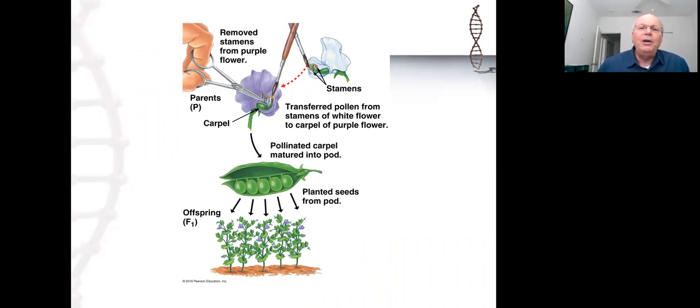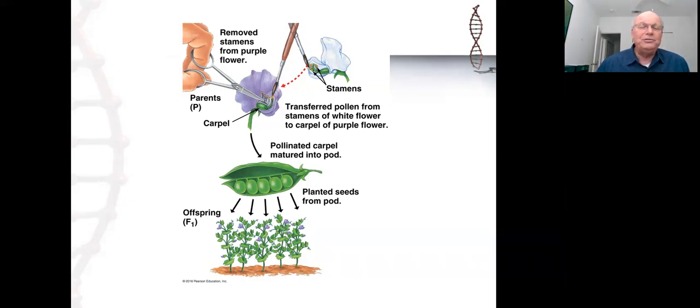He was also very, very careful in how he carried out his experiments. You can see here that he's transferring white pollen to a purple flower. Well, that's one way you can do this. The alternative is to take purple pollen and apply it to a white flower. And Mendel was smart enough to realize that he needed to do both, what we would refer to today as a reciprocal cross, because just transferring white pollen to a purple flower and looking at those results may not tell